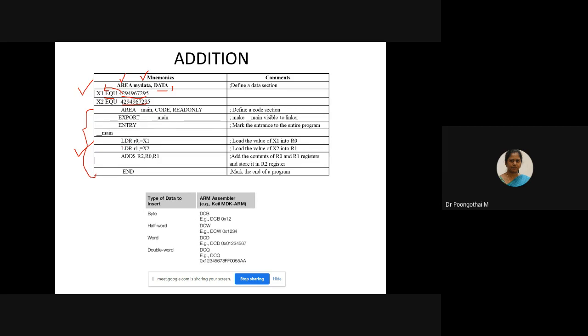In main, how do we access the data from the data section? By using the LDR instruction. LDR means load data register. Using this instruction, we can access the data element from the data section. The syntax is LDR R0, =X1.